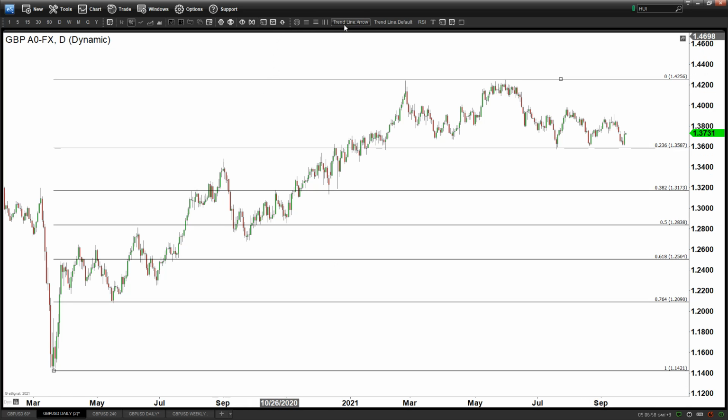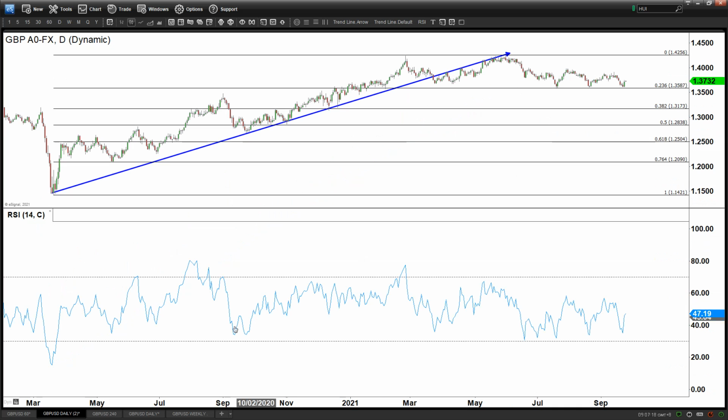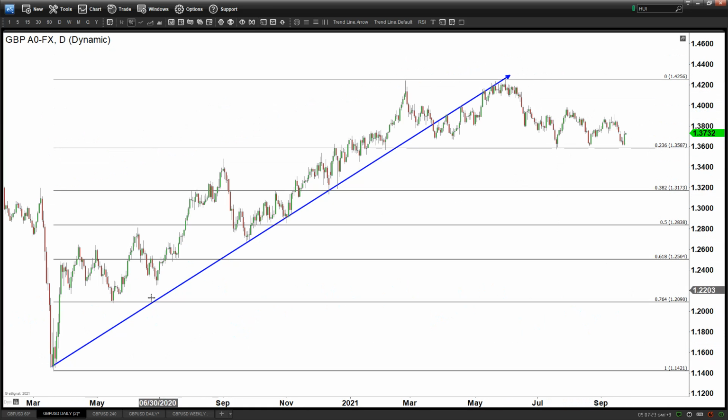Now, typically when a cycle ends like this and you are looking to correct this entire cycle, right? 23.6 is considered a little bit too shallow to correct an entire cycle. Now 23.6 can be used if it is a wave 4, but again, based on the channel analysis, it looks like it is better to count this as a new cycle rather than part of the same cycle from March 2020. So this way it makes sense, or it is reasonable to expect hopefully we can get another leg lower,